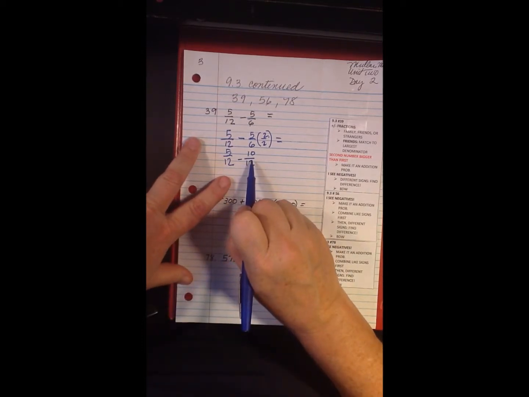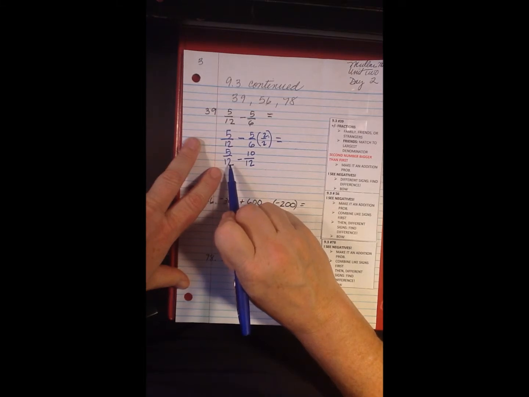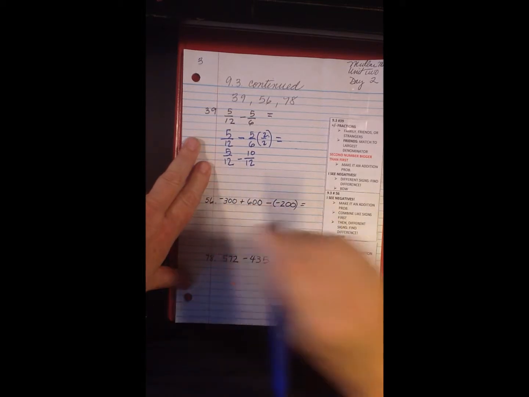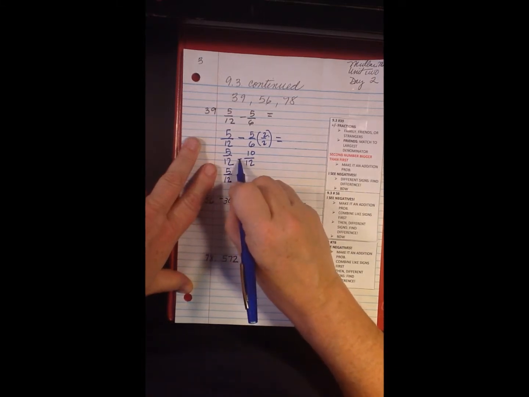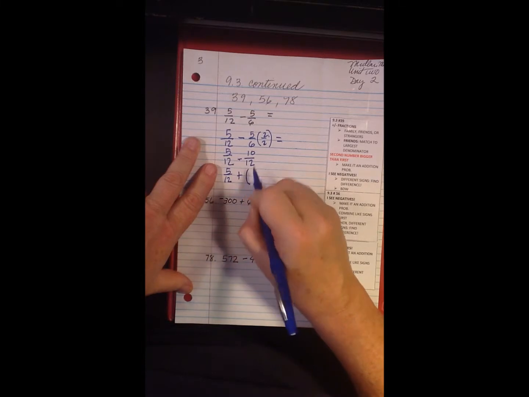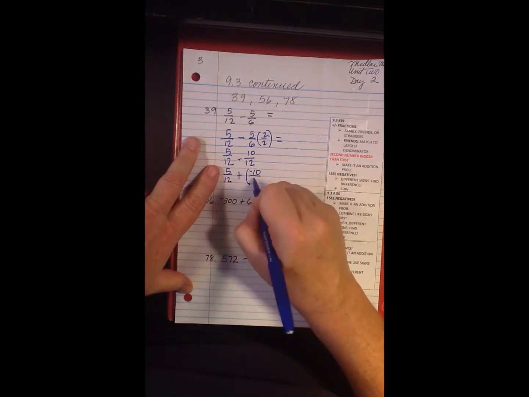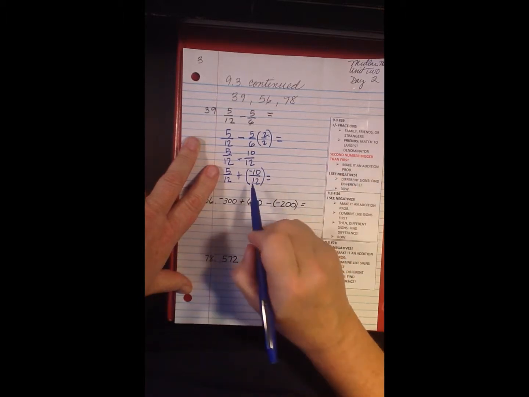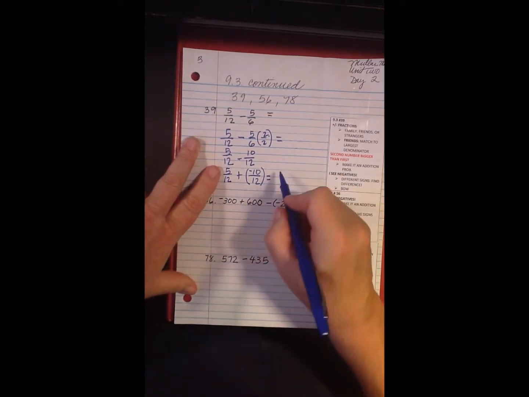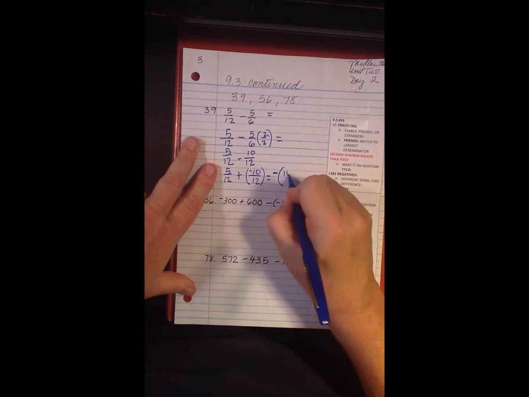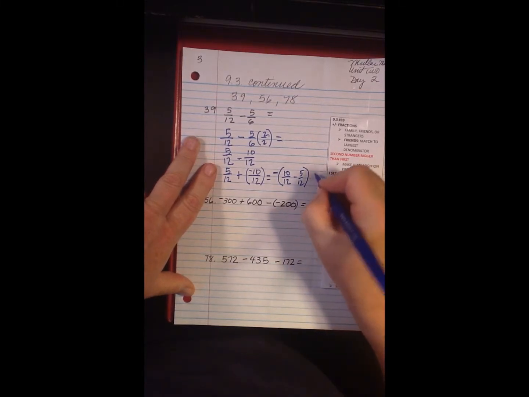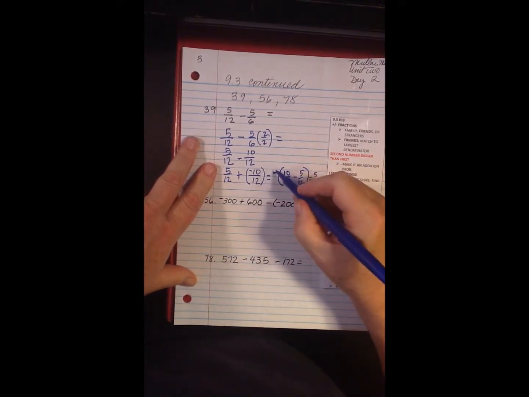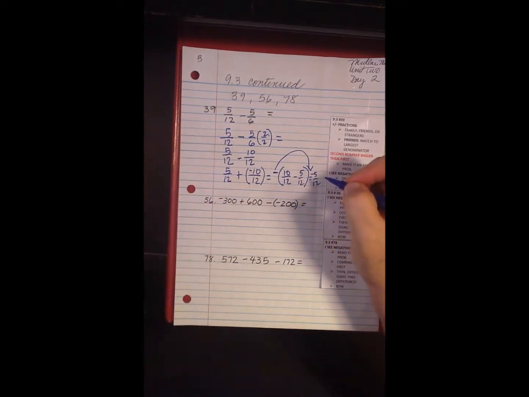This number is greater than this number. That means that I'm going to have a problem when I subtract. So I better turn it into an addition problem. 5/12 stays the same. This turns into plus, and this turns into a negative. Now, different signs, find the difference. My answer will be negative, and it'll be 10 over 12 minus 5 over 12, which is 5 over 12. And again, my negative sign comes over here, so my answer is negative